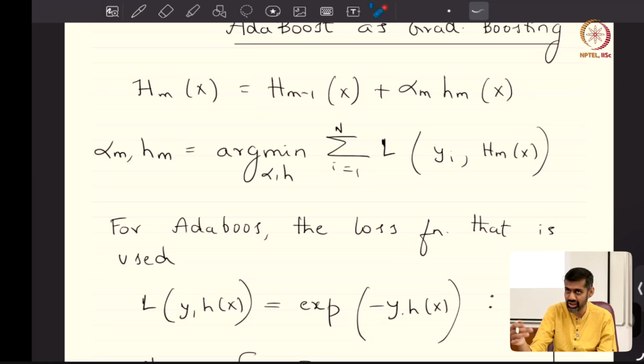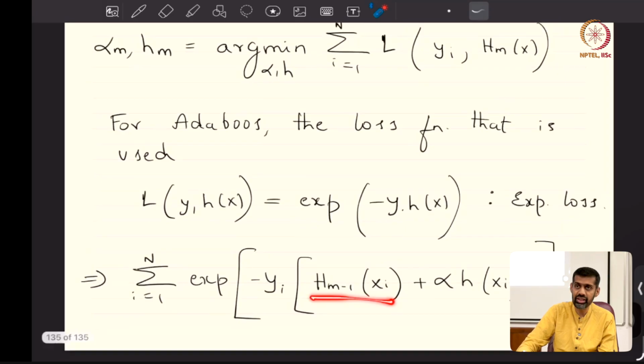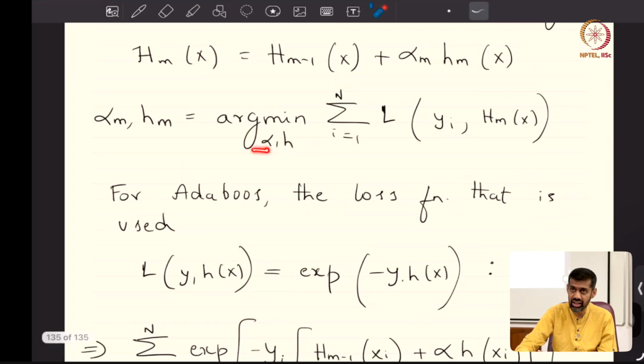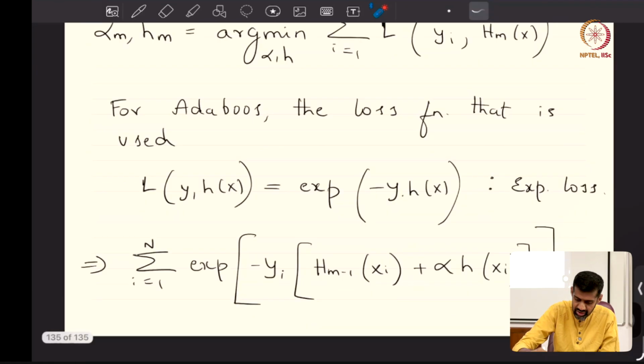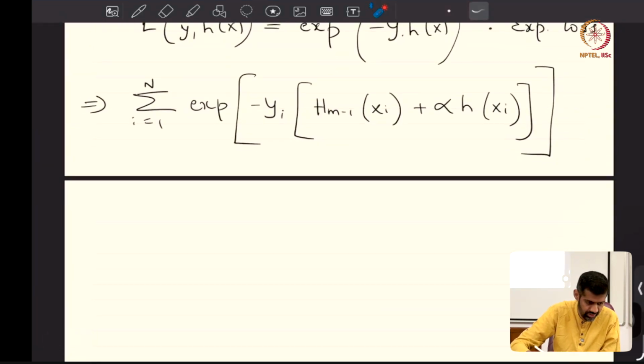That is why we did gradient boosting also, right. Makes sense, right. So, look at this. This hm minus 1 is something that we know, we are optimizing over alpha and h. That is why this is saying that you find h and alpha such that the loss on hm of x is minimized, because the choice that you have is on alpha and h. Okay. So, this is what the loss function right now is. So, let us write that down as, so we want to find an h star and alpha star that would minimize